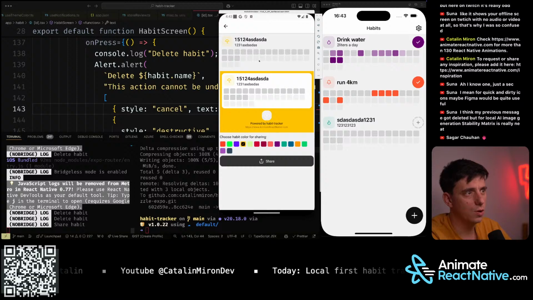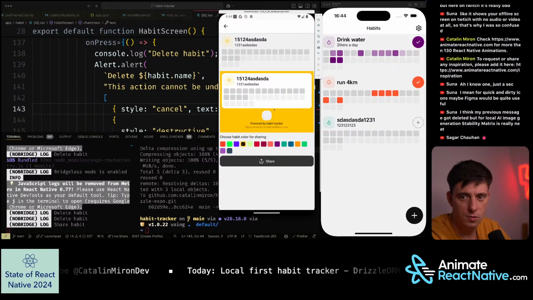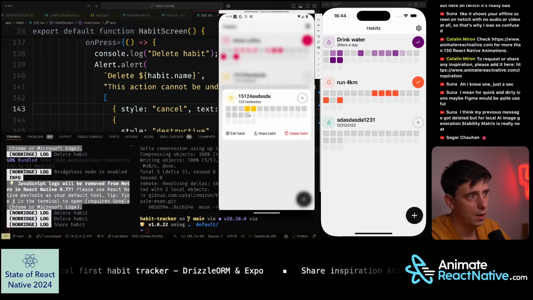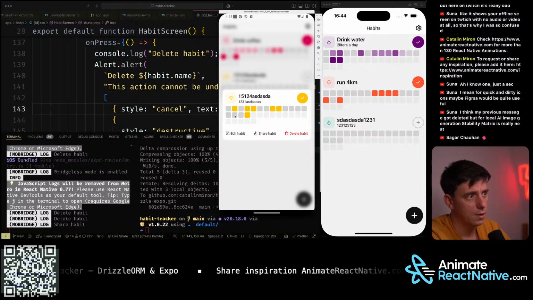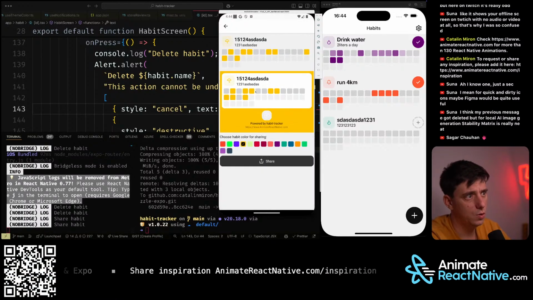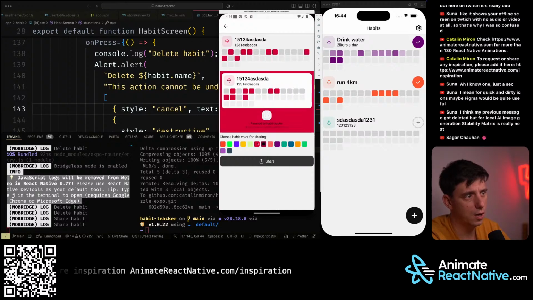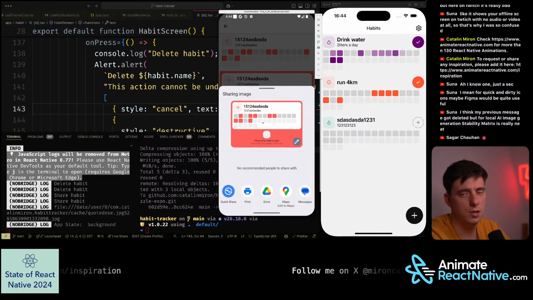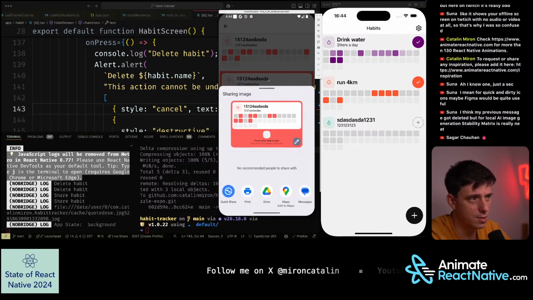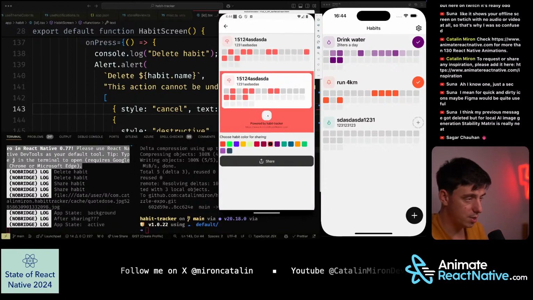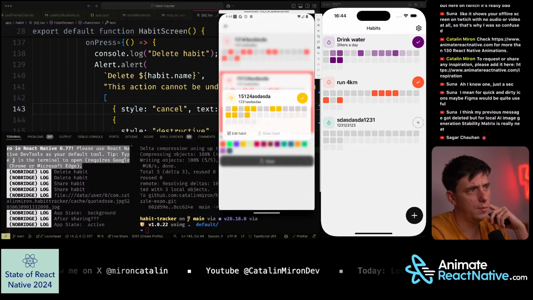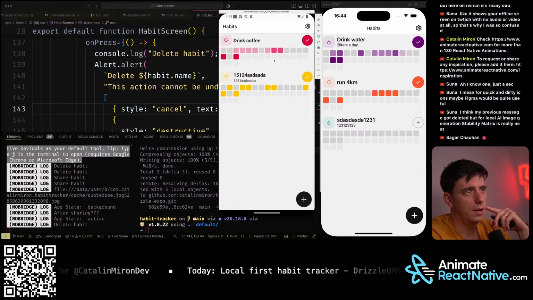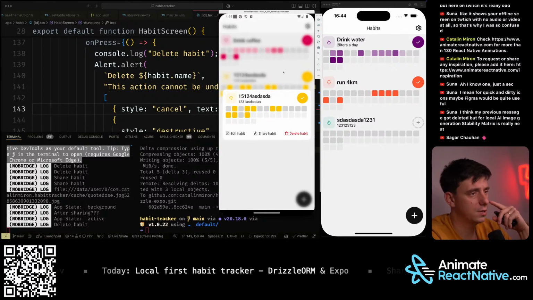Everything should work. Share is going to open up this modal, and we have restyled the sharing a bit for this modal. So now if I go back a bit and add some parts here, and now I share the habit, you have this screen. You can also change the color. Let's say I like this coral, share, and it's going to create the image, and you can share it later. This icon is actually grabbed from app.json, so it's a dynamic icon. Then you can also delete the habit, and we have also created this nice stagger animation, which is powered